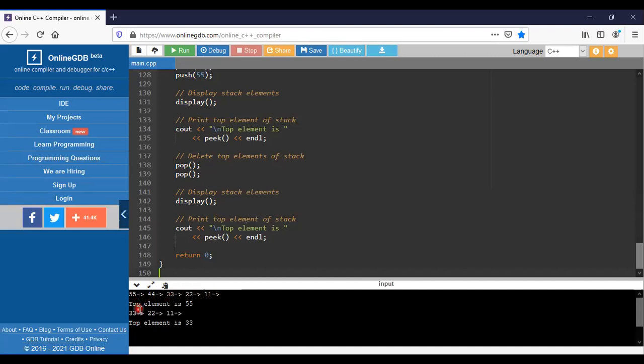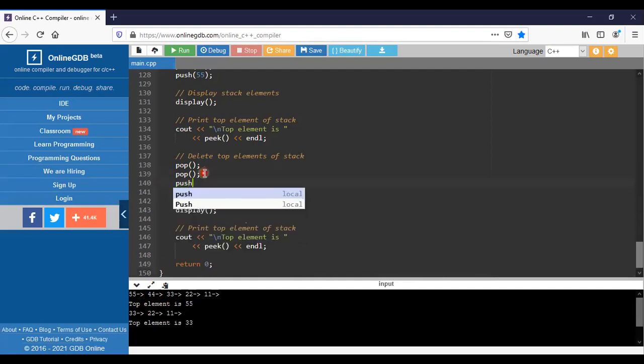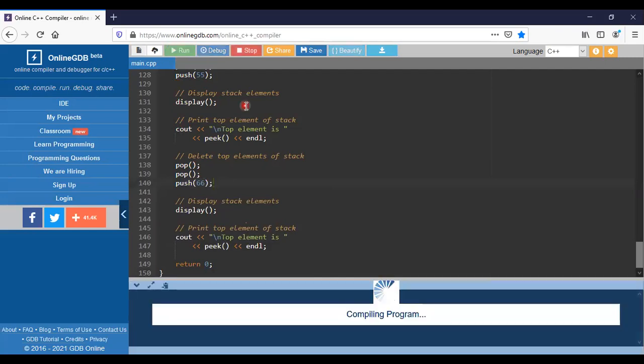So here, for the top, we executed the peek. Peek will return the element being pointed to by the top, that is 55. I performed two pop operations here. After that, you can write a push operation.